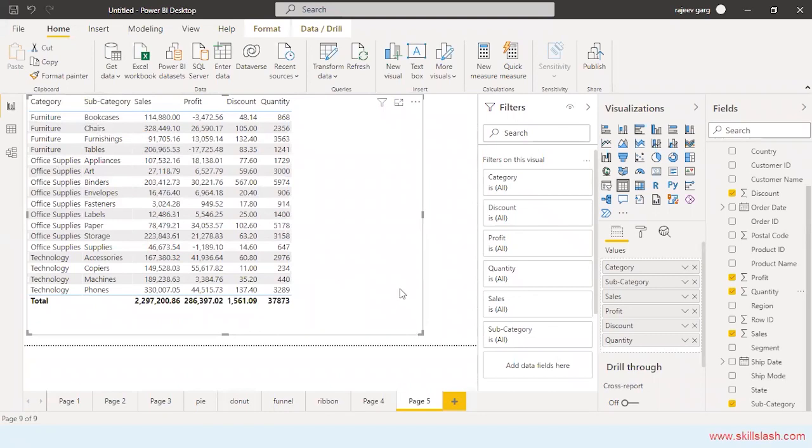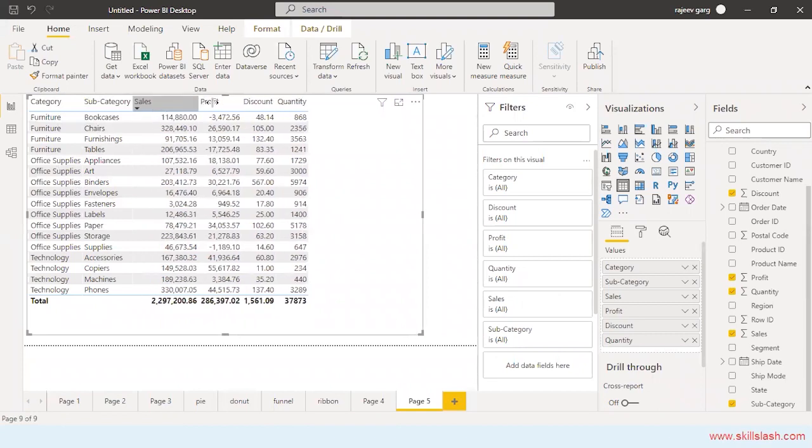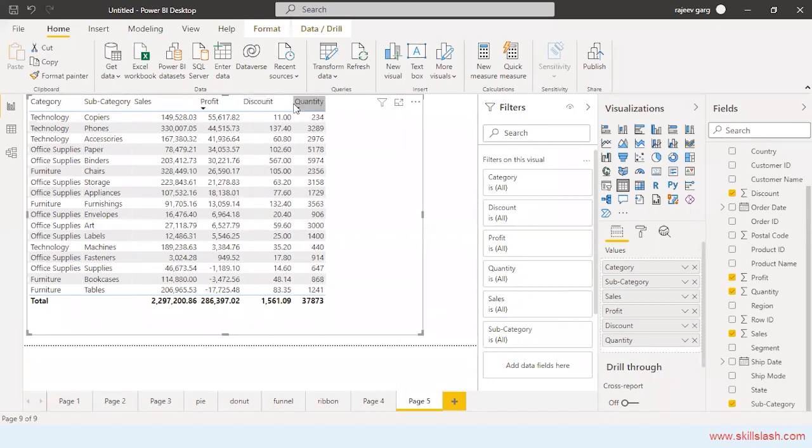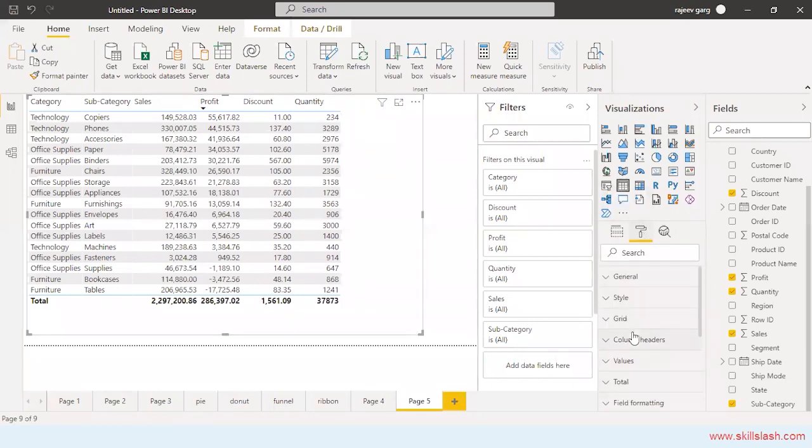Now let us see quickly some of the formatting options over here. Let me increase the width of this. Okay, let us go to the formatting and see a few of the formatting options. So you can change the color on all. I will go to the values.